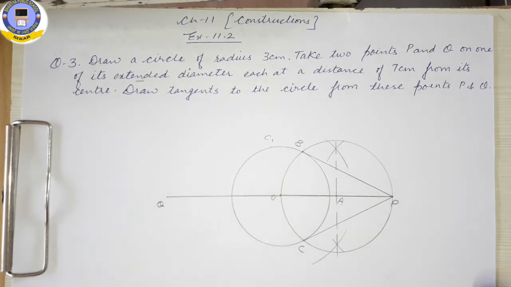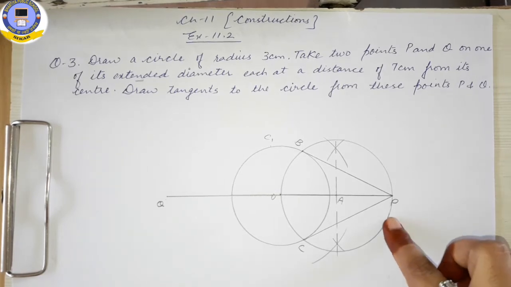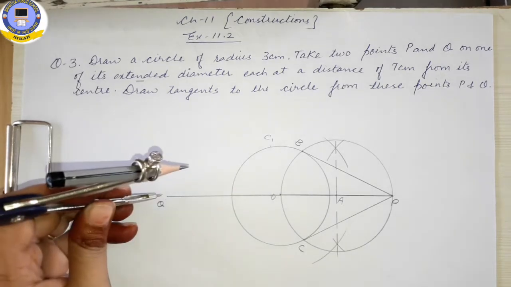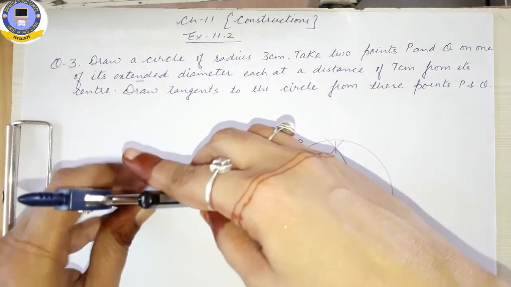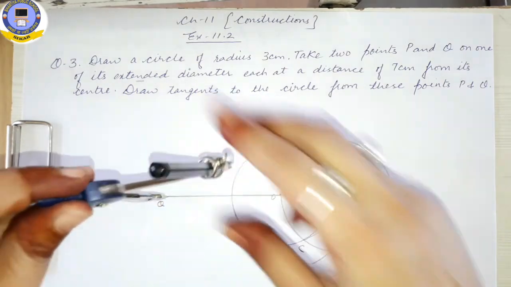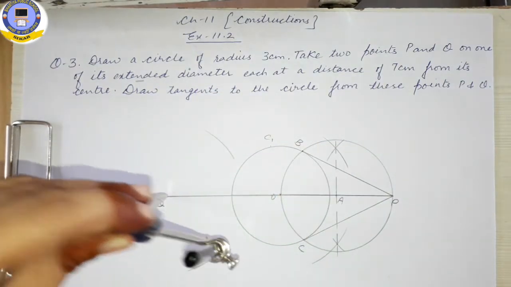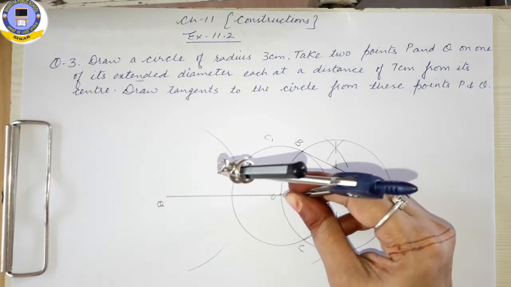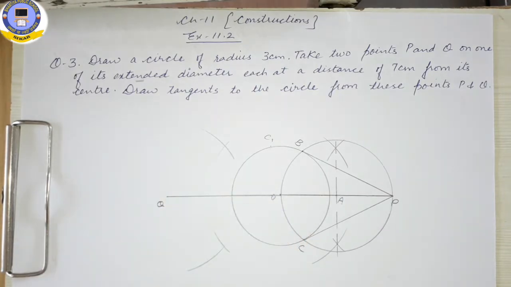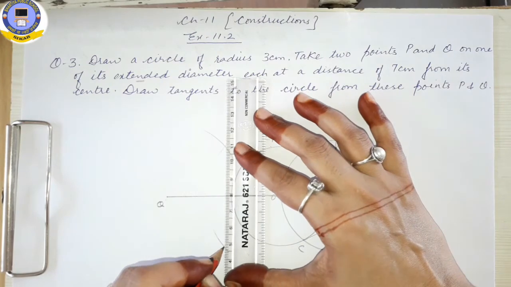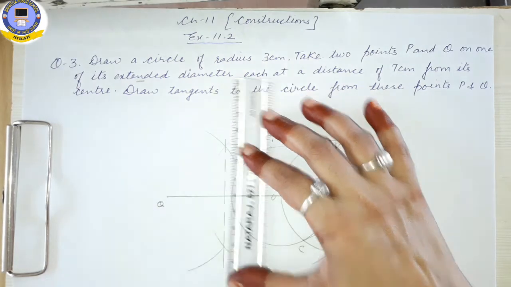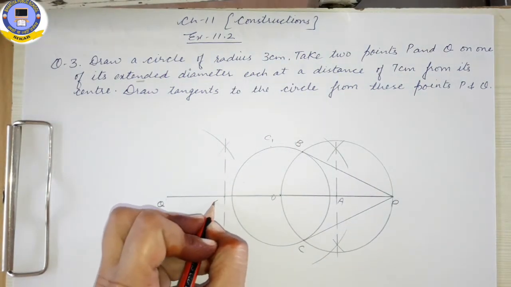In the same way, whatever steps we have done this side, same steps you have to follow that side also. So similarly, taking Q as center and radius more than half of OQ, we will draw perpendicular bisector of OQ. Cut two arcs with the same radius, then taking O as center, cut two arcs which will cut your previous arcs. Now join it with dotted lines to get midpoint of OQ. Label this point as, suppose, D.